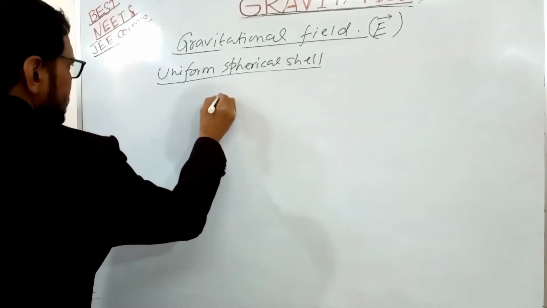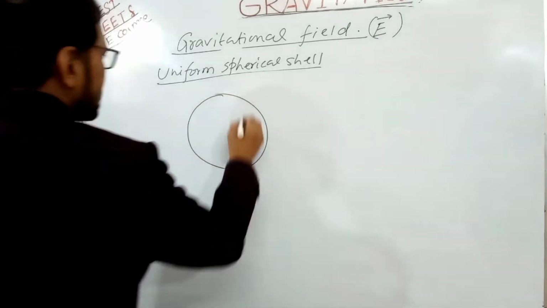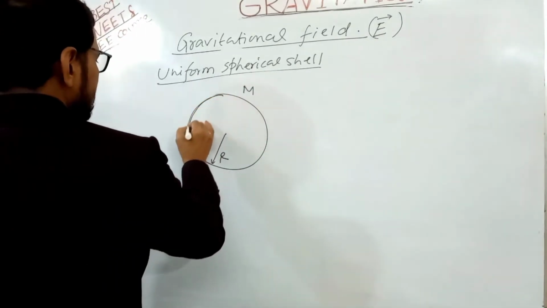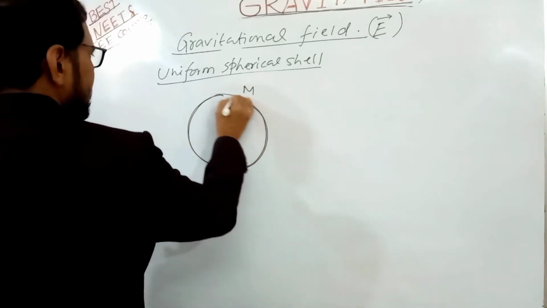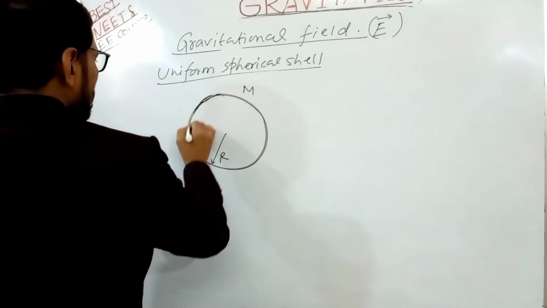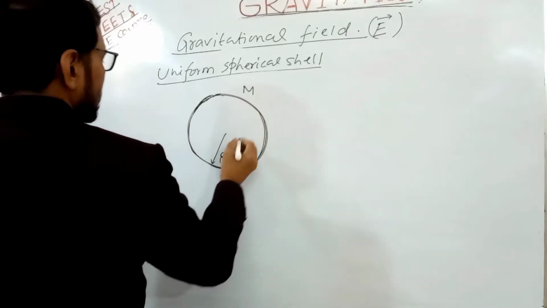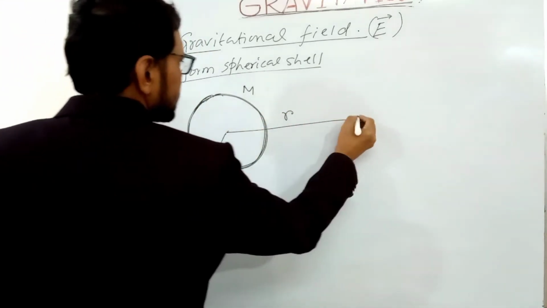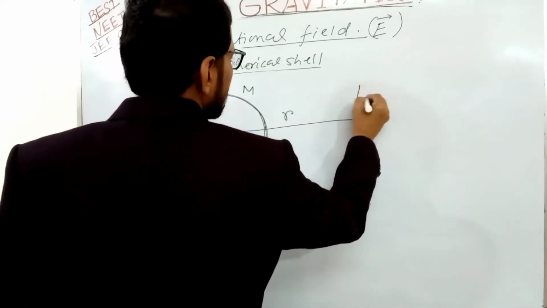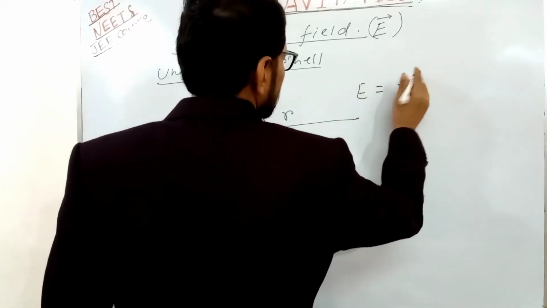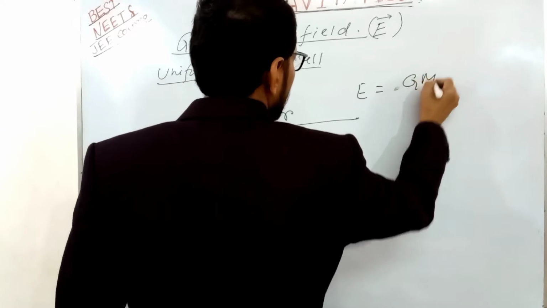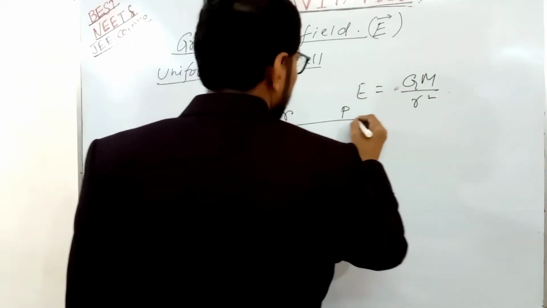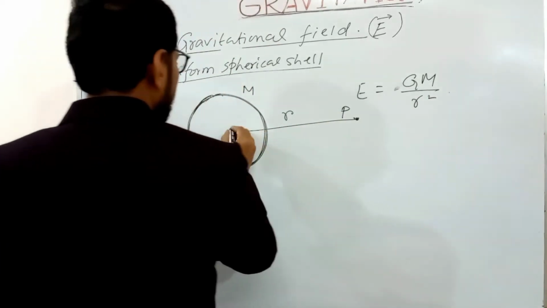Suppose this is a spherical shell of mass M, radius R. Shell means inside is hollow. Now what is the gravitational field at a distance r from the center? Here the gravitational field equals GM by r square, that is, if the point is here at a distance r,